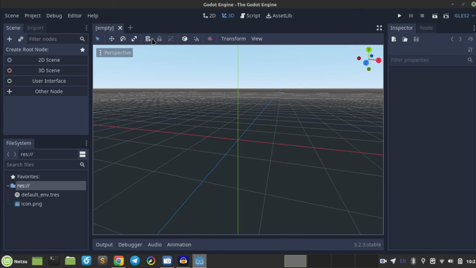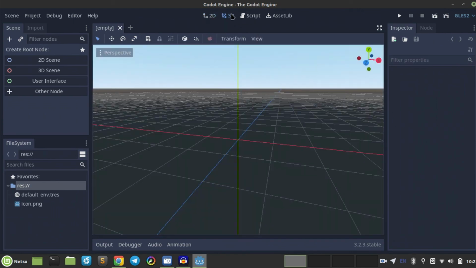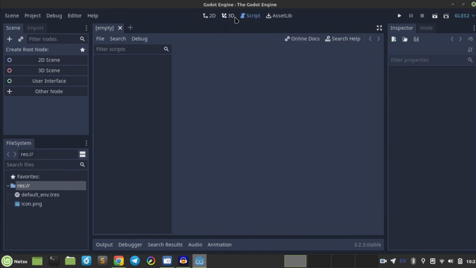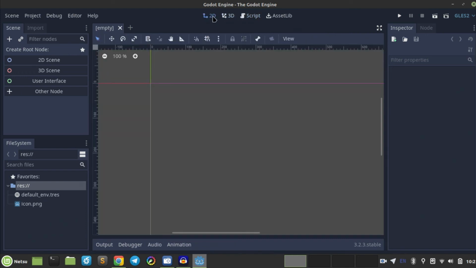Now this right here also changes depending on which you choose, so like here. And also to swap between these two, you can press F1 for 2D, F2 for 3D. And if you want to go to the script, it's F3, and then I believe, no, this is going to be F4. Anyways, so yeah, if you want to swap between those,